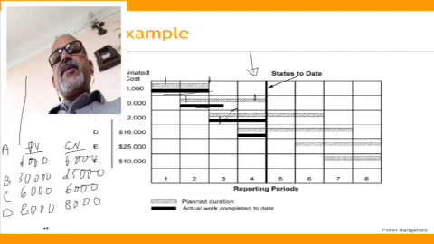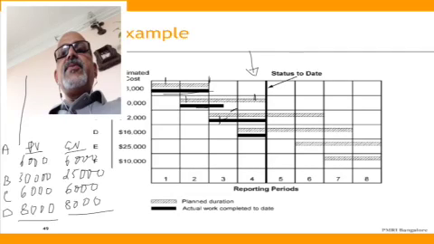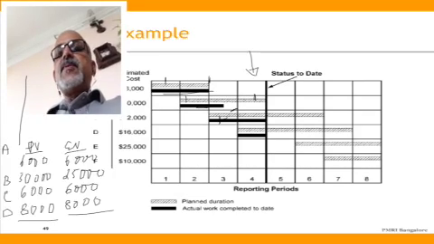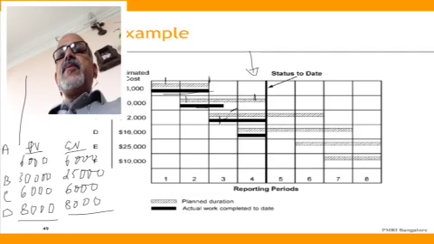Yep. So if I add these things up, my total plan value is 14. As on the review date, I'm supposed to complete, so this is fine. So now if I plot this onto a graph,